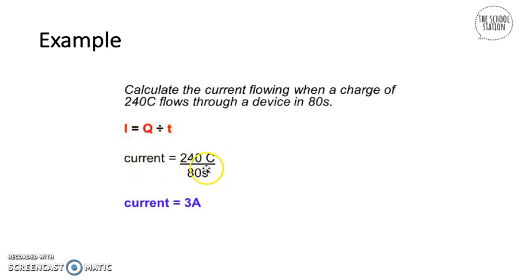Current is equal to 240 coulombs divided by 80 seconds, and we got 3. The unit for current is amps, so it's 3 A, 3 amps. That's perfectly normal and perfect. So that's basically how you would solve for the current in this example. You can go through more examples in your free time or after this video, but I have to